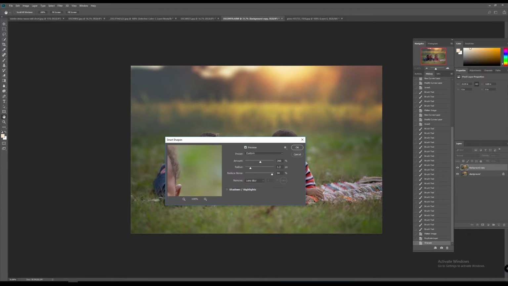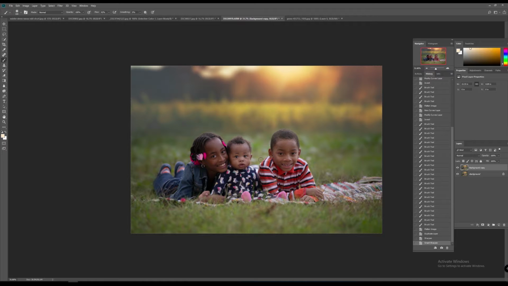Smart Sharpen. Okay, so yes, this allows you to customize the amount of sharpen. That's a lot of sharpening. Okay, so I'm going to click OK. Okay, and that did add a little bit of sharpen to my image,